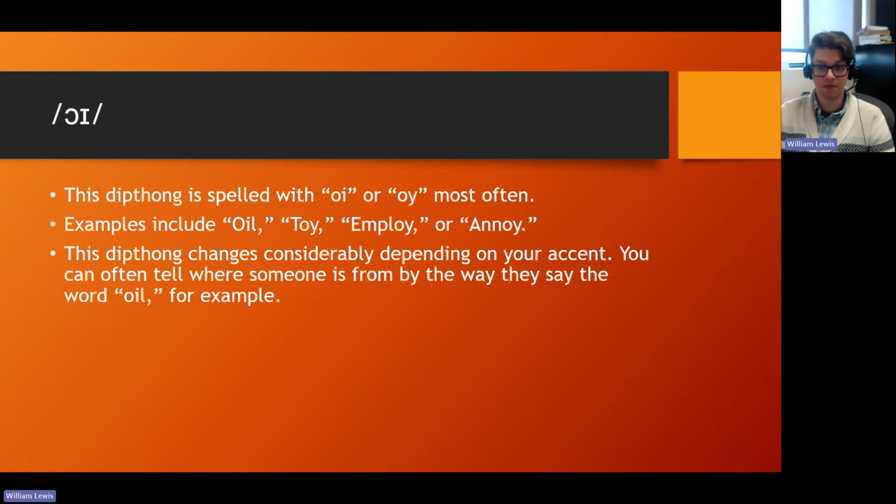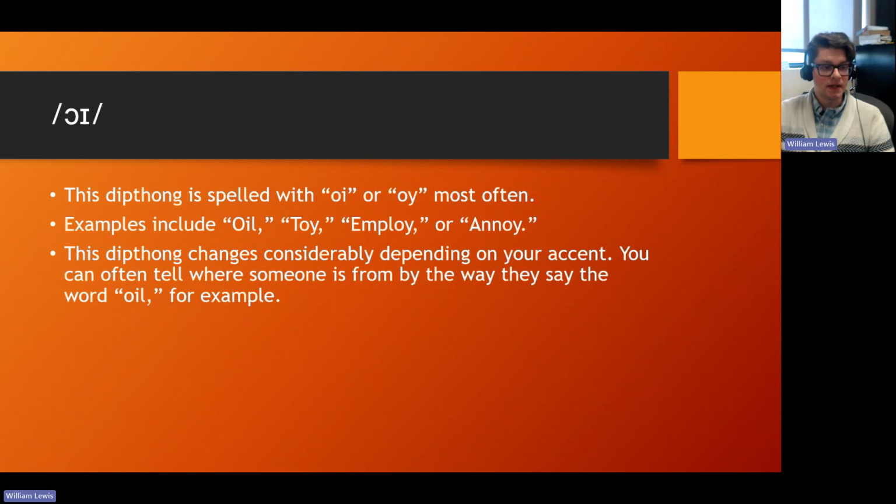Even native English speakers, if they're from different parts of the United States or from different English-speaking countries, they might pronounce this differently. For example, you can often tell where somebody is from based on how they say the word oil. So for example, with what we sometimes call a neutral American accent, this diphthong is oi, oil. You kind of hear the subtle E in the middle between the O and the L,